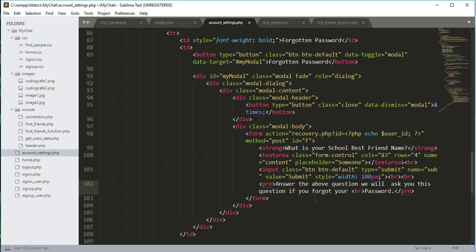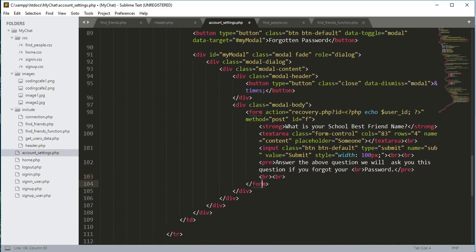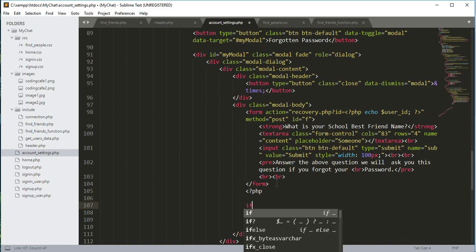We will ask this question: if you forgot your, and then add a br tag, and then password, and then a full stop, and then close the pre tag, and after the pre tag we will give 2 break lines, and after that the form will be closed, and after this closing tag of form we will open up PHP tags,